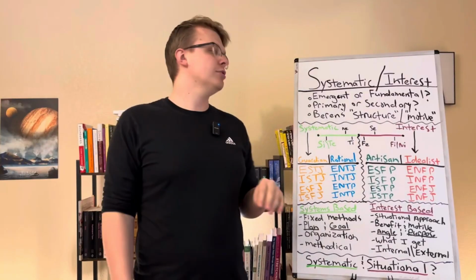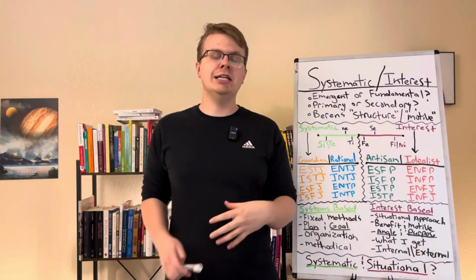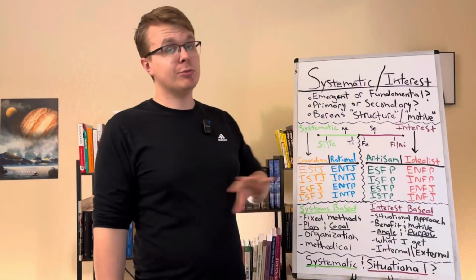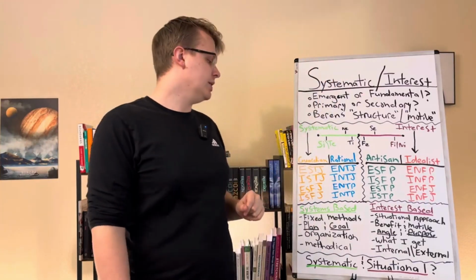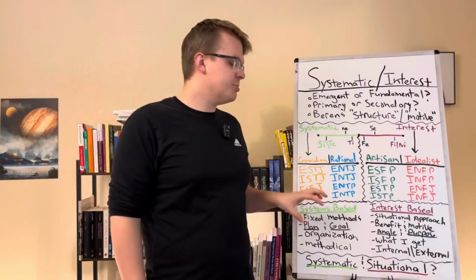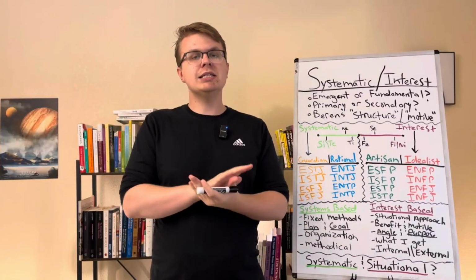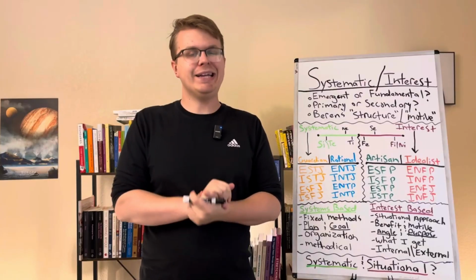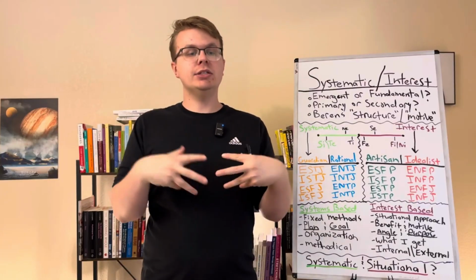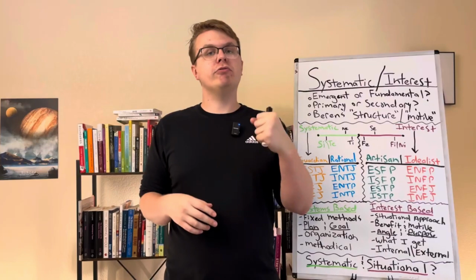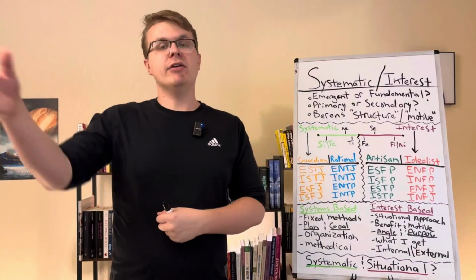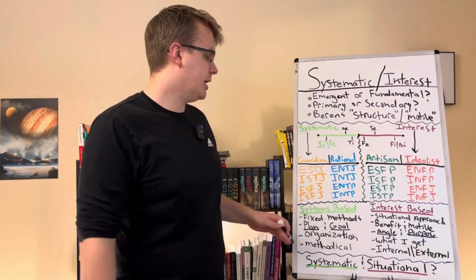And being methodical, people think of as being an introverted sensing trait. And yes, it tilts more towards that, but not exclusively, okay? So system-based types, they go back to the system, okay? What is the system? What is the protocol? What is the plan here? And if something's wrong, we need to go back to that. There must be a flaw in the plan if something else is going wrong, okay?